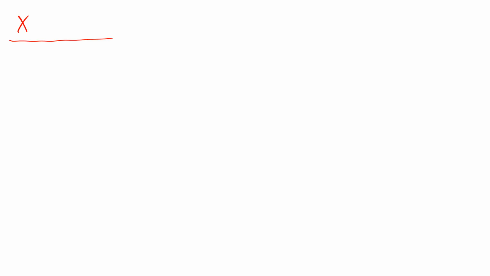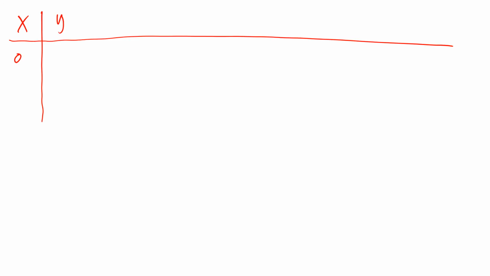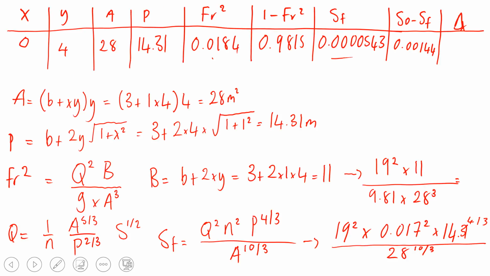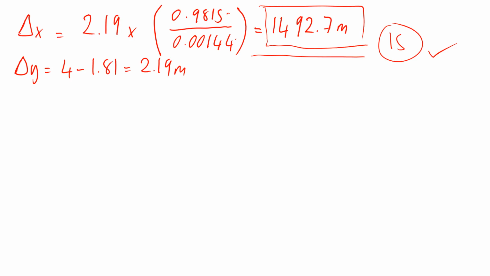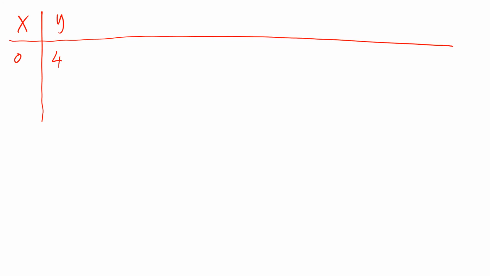So the value of x is 0. Value of y, I can just copy the majority of that table. I can copy the first line of this table over, majority of it, sorry, not all of it. So the first line is 4, so area is 28, wetted perimeter is 14.31,